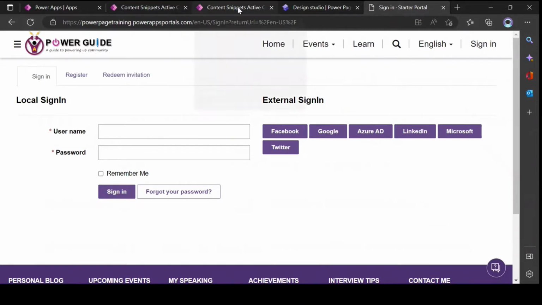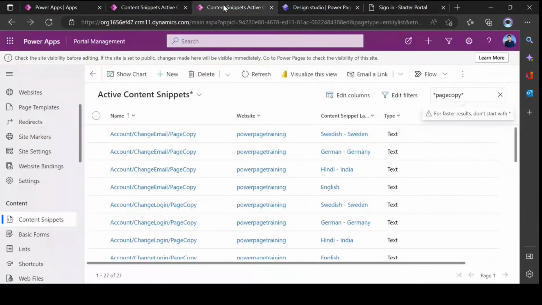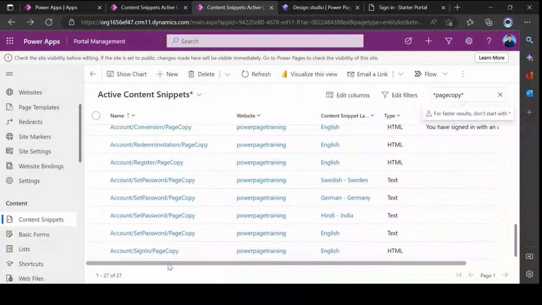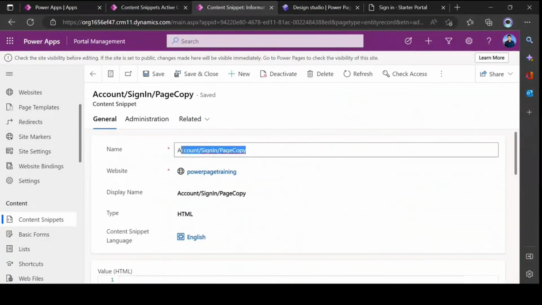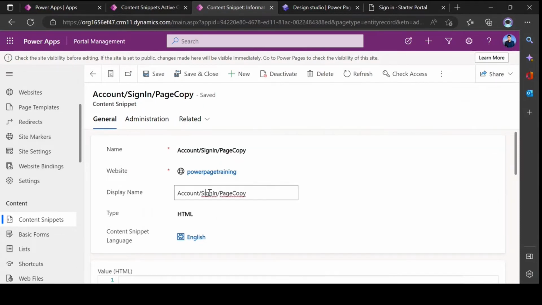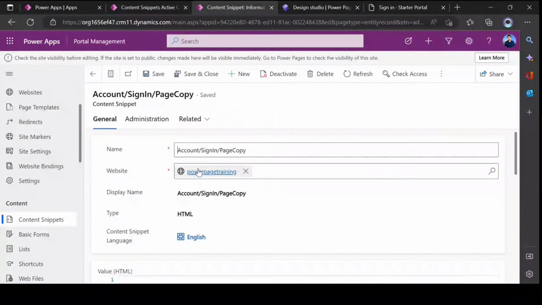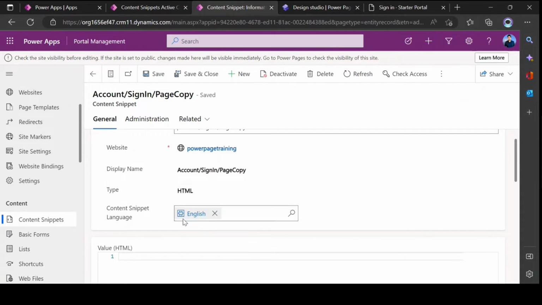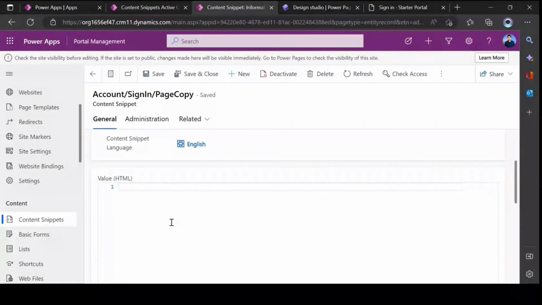Okay. So for example, if you have to customize the sign-in page, then you have to head over to the content snippet, and then you have to create a snippet called account/sign in/page copy. You have to create the content snippet with exactly the same name. The display name and the name will remain the same. For the website, you have to associate your website here. Type should be HTML. And here you have to provide your own styling and your own business logic to customize that